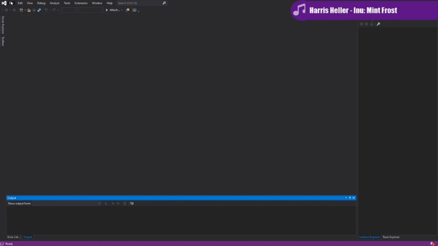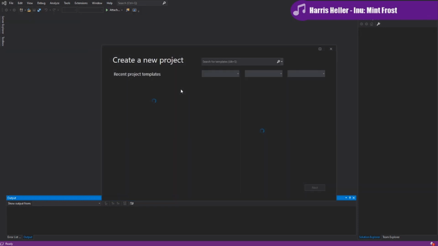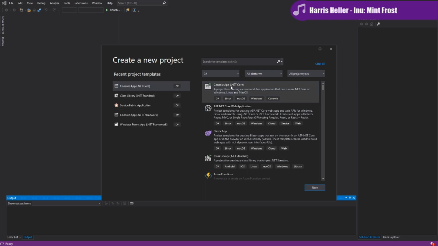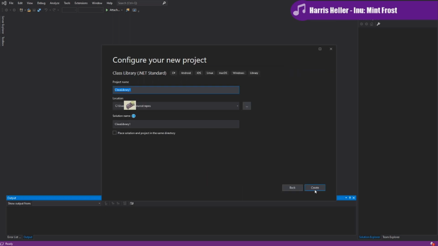Create a new project. So file, new project, project. And now we're going to be creating a .NET Standard library again, but we're going to actually be using good coding practices for this .NET Standard library. So we're going to do the .NET Standard library. And this is going to be